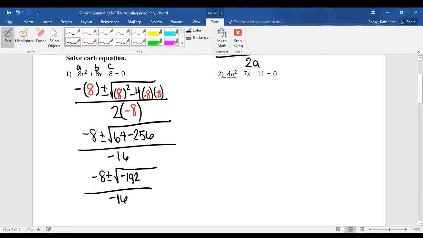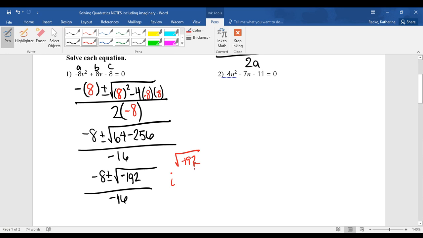Now I need to simplify my square root here. So I'm going to break my 192 down. I'm going to go ahead and do it quickly. So negative 192. Whenever you have a negative inside the square root, to get rid of that negative, you have to make an i. Whenever there is a negative square root, it is called an imaginary number, okay? So if you see a negative inside your square root, just put an i on the outside of the square root, okay? Negative 192,